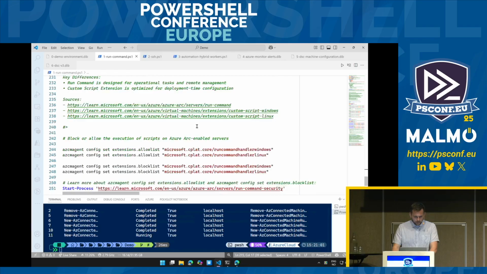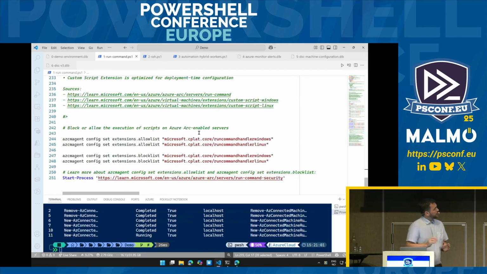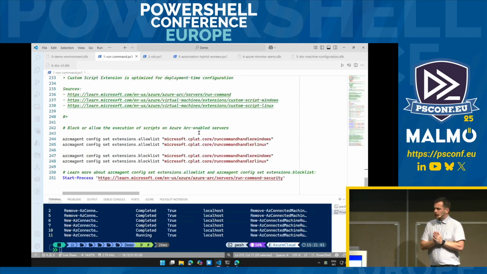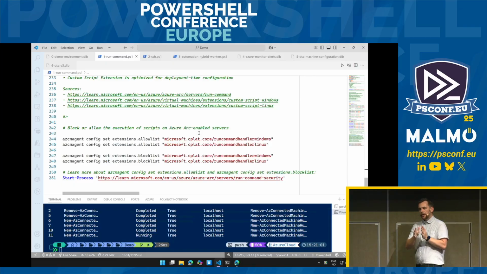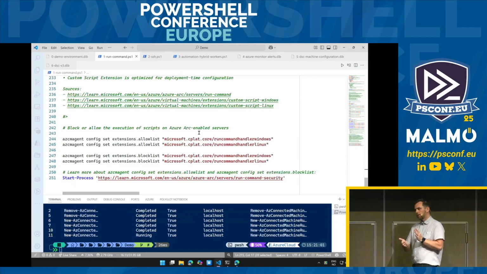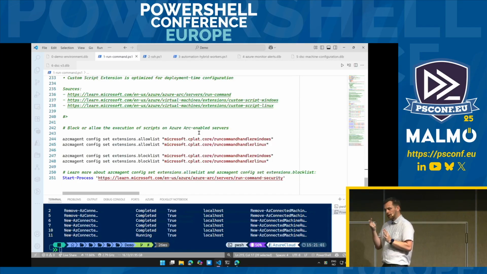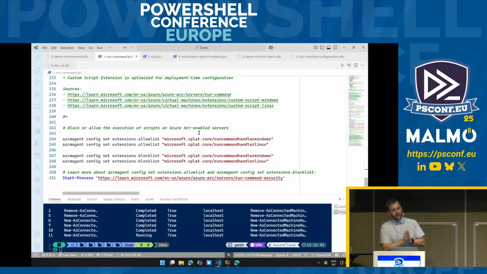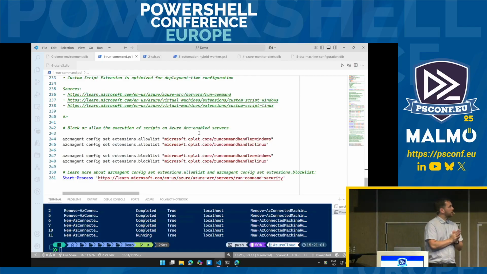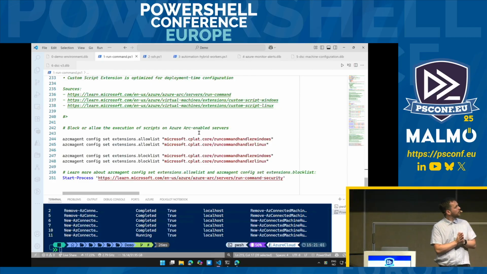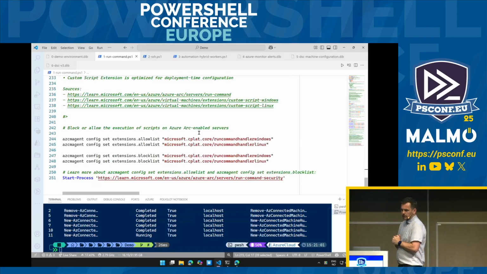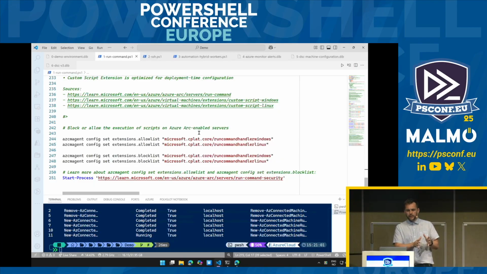So also more information available in the documentation there. Also, as I mentioned, you might not want to allow this on all of your machines, because you might have so-called tiering, that you have domain controllers, for example, PKI servers, which might be defined as tier 0 machines, and you don't want the possibility for some cloud service like Azure Arc to be able to execute commands on your server. So then you can run this command azcmagent config locally on the box,